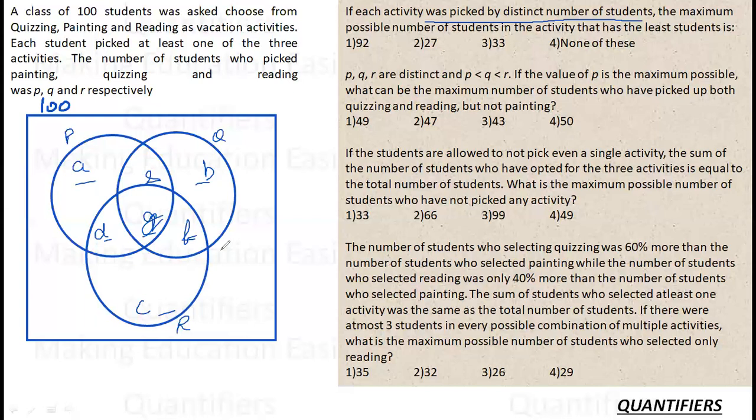ठीक है. See, very easy to see. It will be G because G belongs to all 3. जितना बड़ा मेरा G होगा उतनी ही ज्यादा मैं allocations कर सकता हूँ easily. For example, let us say I am putting G as 70, which means my painting is 70, quizzing is 70, reading is already 70. Now I can allocate the remaining 30 in my way in order to optimize my order, increasing or decreasing order. This is what I can do.